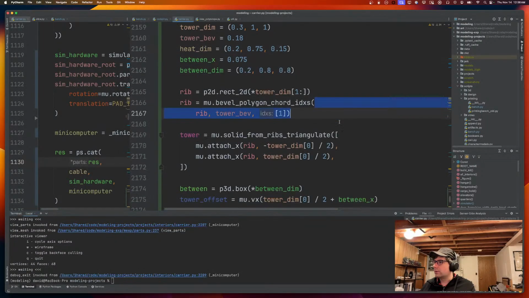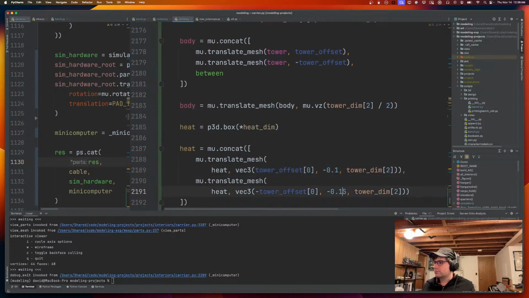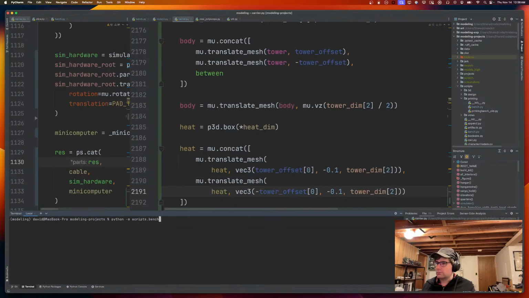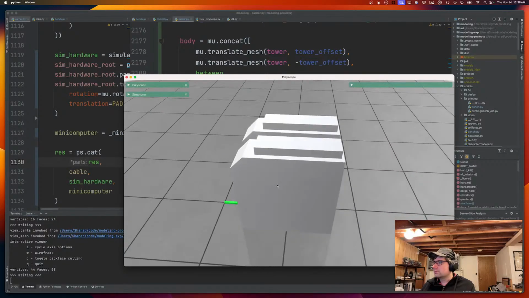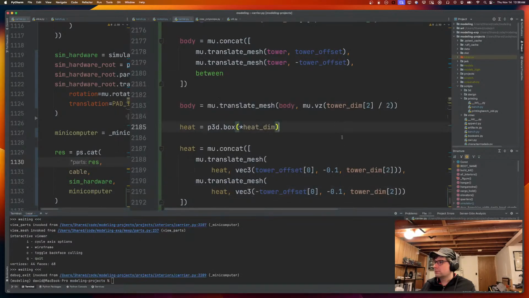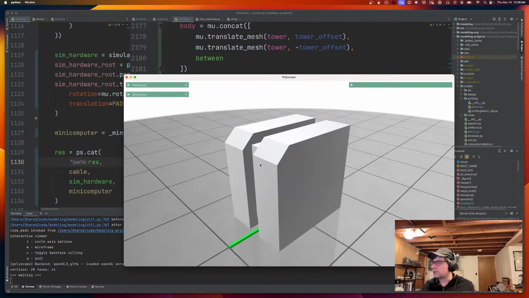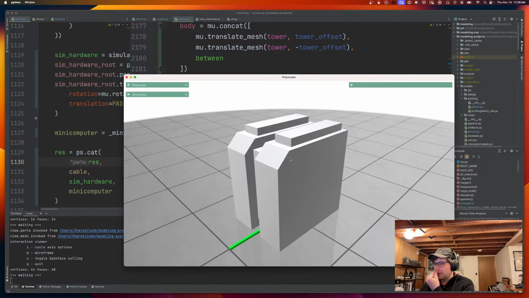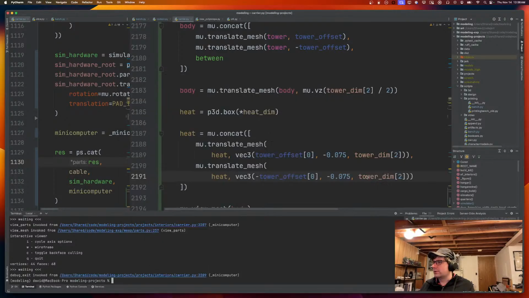Not quite so far back. I could actually calculate the exact size of these, but I don't feel like it right now. But yeah, something like this. Okay, so now